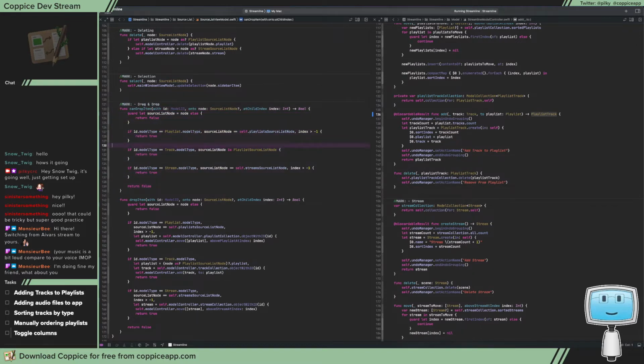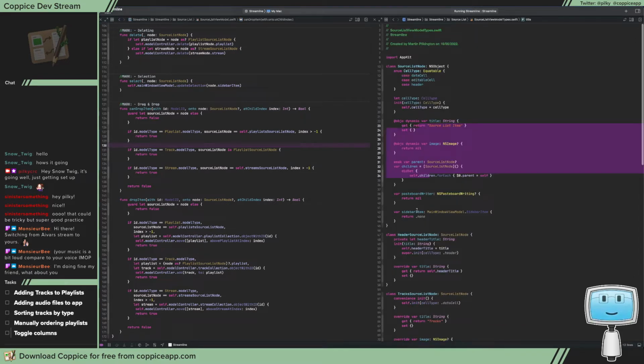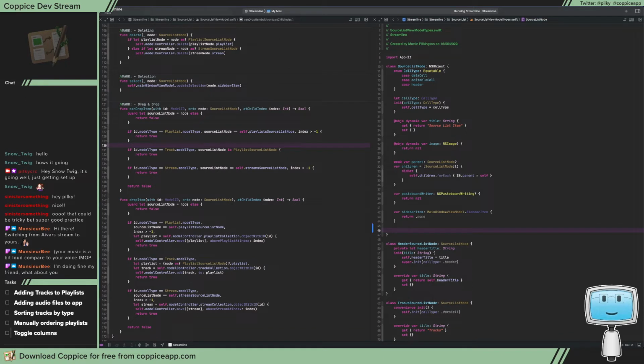And the way we will do that, we have our sourceless nodes here. So we can have a... so we want a function which is